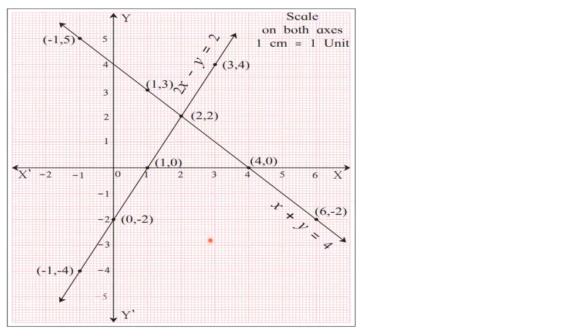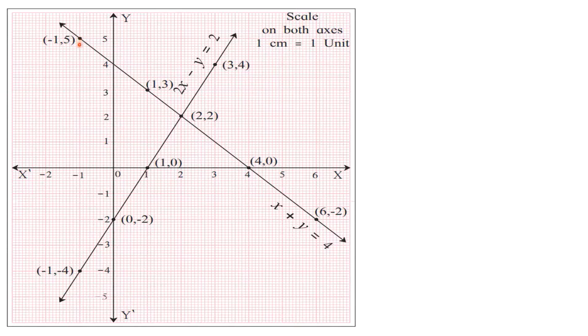After doing all these things, you will make the graph. You will take help of the ordered pairs. The very first equation is x plus y is equal to 4, and the coordinates which we have seen were -1 and 5. So x is -1 and y is 5. Always start from the x-axis. -1 is located, then go up 1, 2, 3, 4 and 5. So this is your point -1 comma 5. Just plot it.